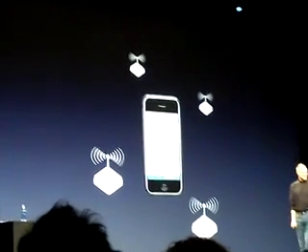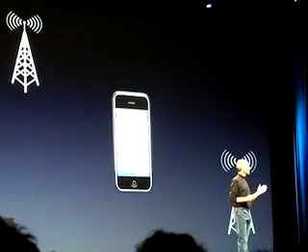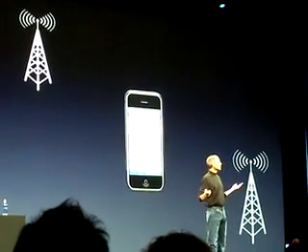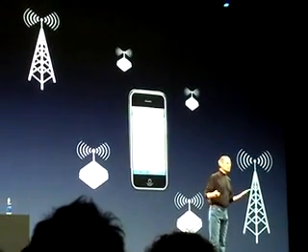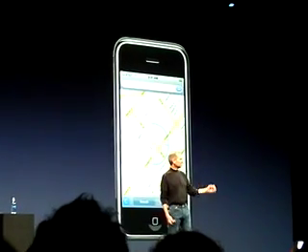It's really cool. And Google is doing basically the same thing with triangulating cell tower information off the cellular network. And we're using both of them. And it works pretty doggone well. So that is how we find locations